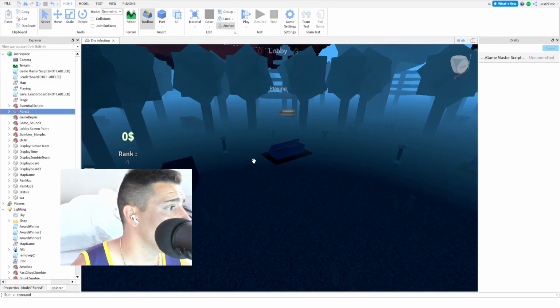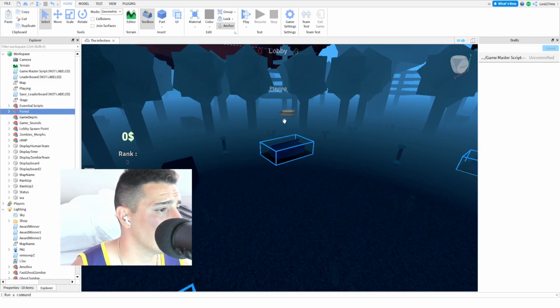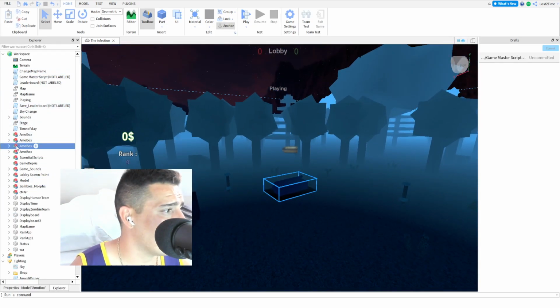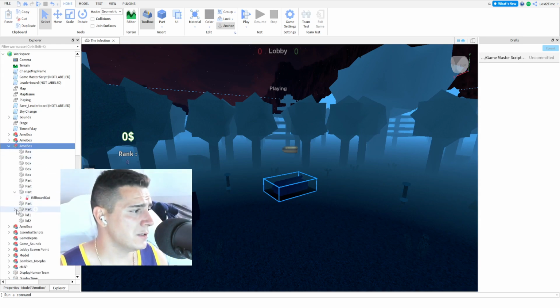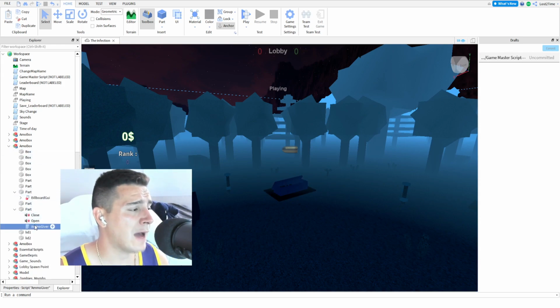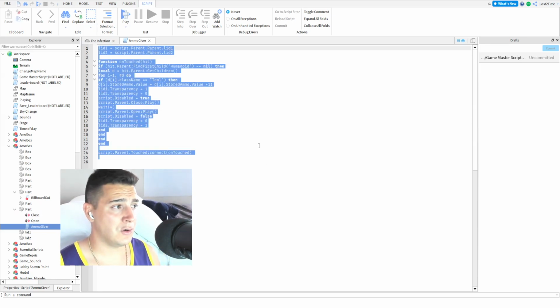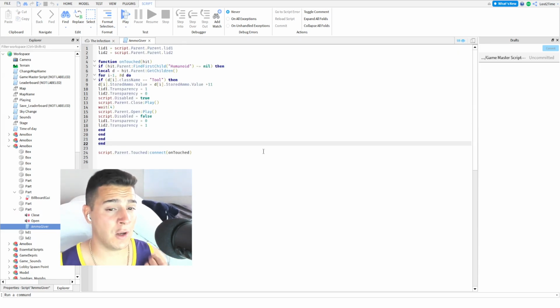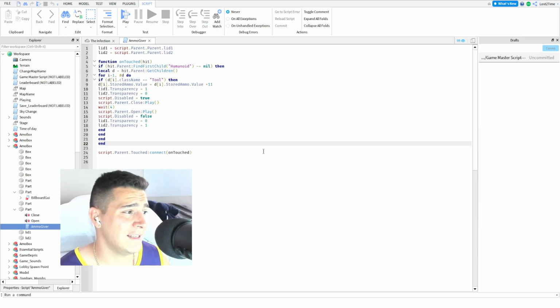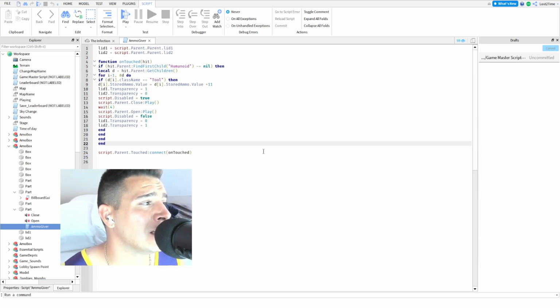Let's ungroup this. Let's select this ammo crate. I think it's just a simple script. Yep, ammo giver, open and close, sound. Look at this simple script. So this is a simple script I created. It's 26 lines. So in the first 2 lines, I'm setting lid1, lid2,